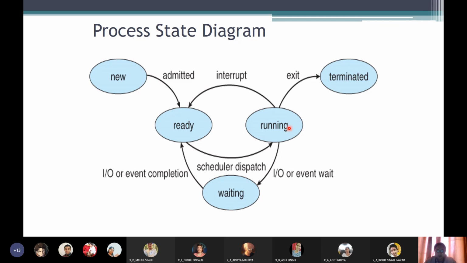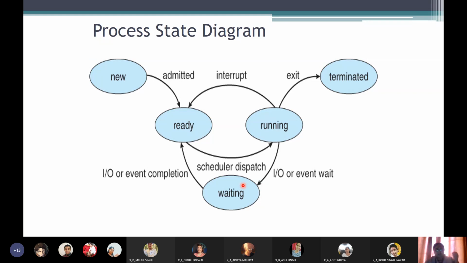Okay, or if in case there is any IO request, that is any input or output statements are encountered, then obviously the processor will not be executing this process. Okay, it will start executing the next process. So this current process will be going into the waiting state. Why? Because of an IO or any event wait, it goes into the waiting stage. Now from waiting stage, it will be sent to the required IO device.